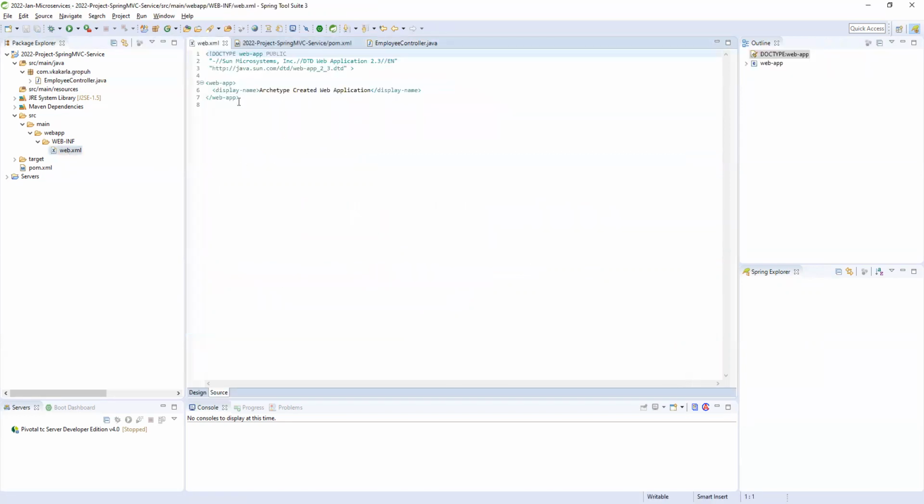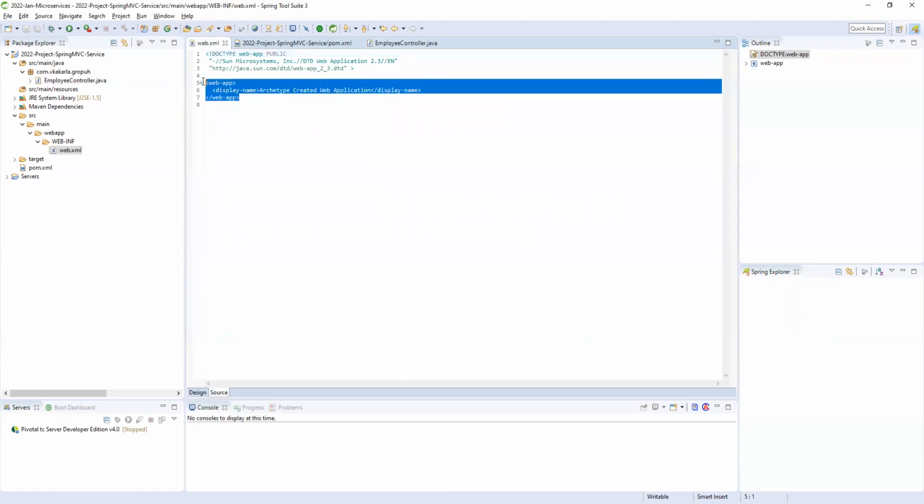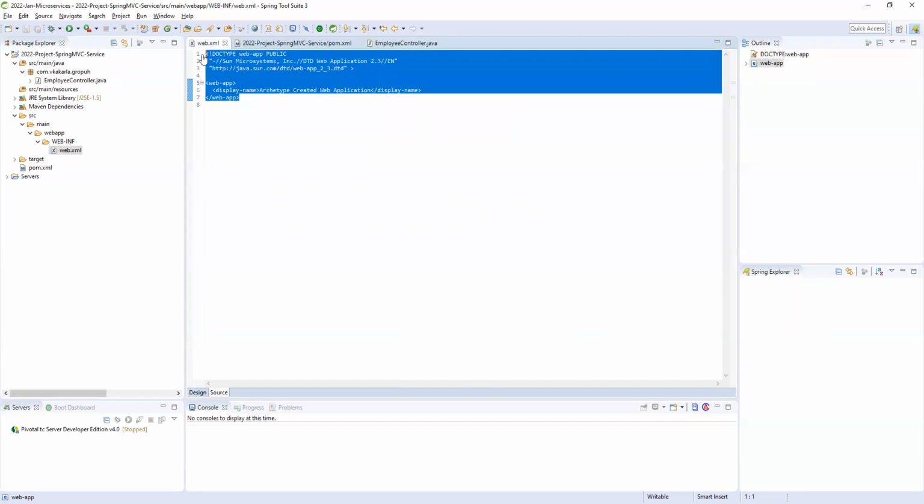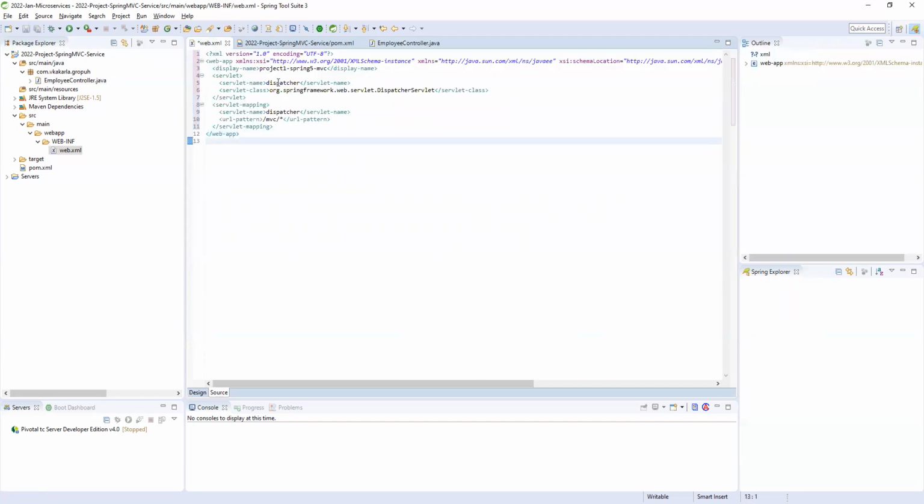Now you need to define the web.xml, right? Web.xml. I already have that web.xml. How we can write a web.xml, I will tell you. So here you need to define web.xml. I'm copying here. So dispatcher is the logical name of our application.